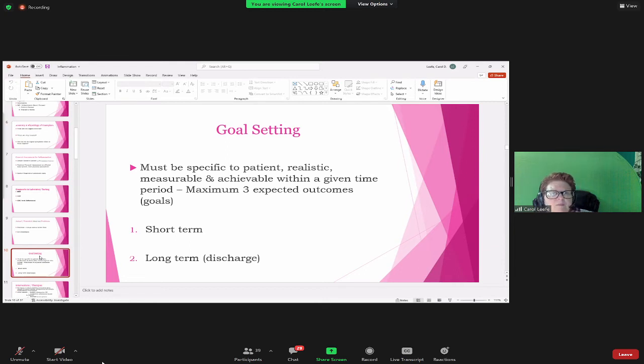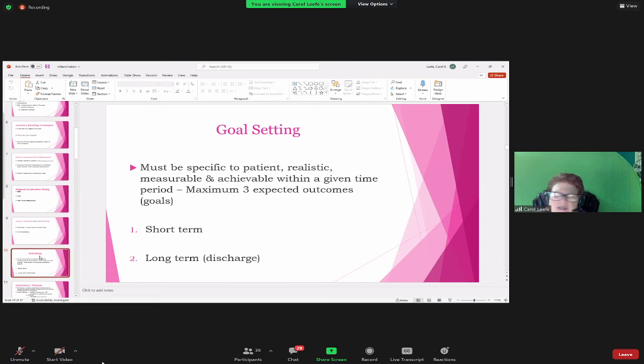Are the white blood cells going down with antibiotic therapy, or are they kind of stagnant, hanging out at 22, and then maybe going up? And then you're seeing other signs and symptoms of maybe organ failure, like low urinary output and decreased level of consciousness or confusion, things like that. So you definitely want goal setting